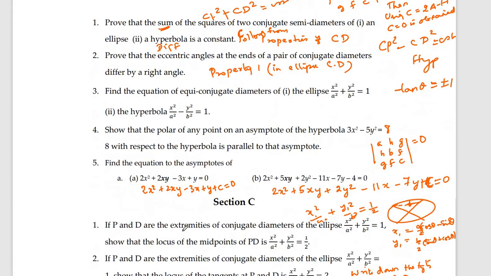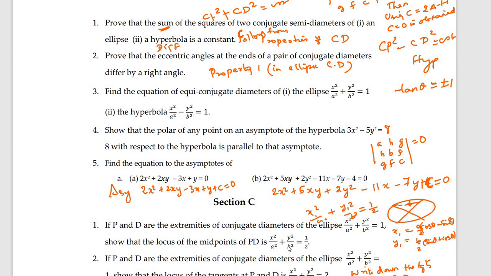Now the fifth one is to find the equation to the asymptotes of the given hyperbola. We are given the equation of the hyperbola. Hyperbola and asymptote differ by a constant. So we will have this to be your asymptote, which is to be determined using ax² + 2hxy + by² + 2gx + 2fy + c